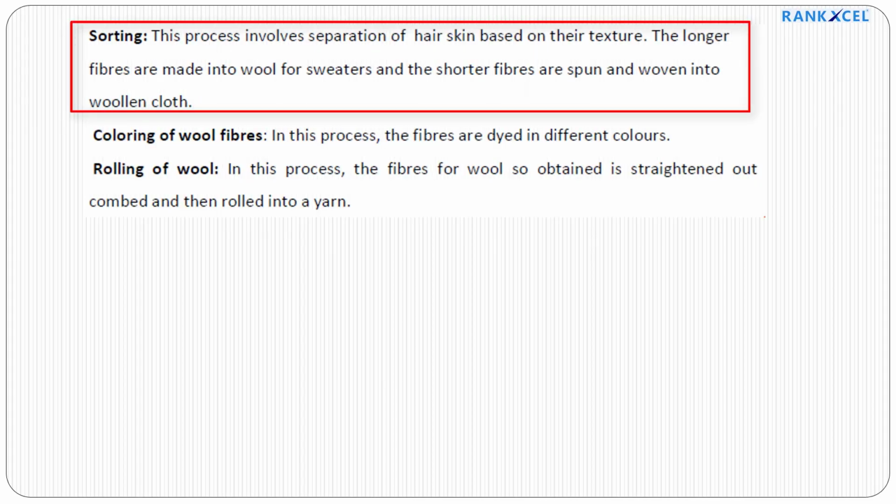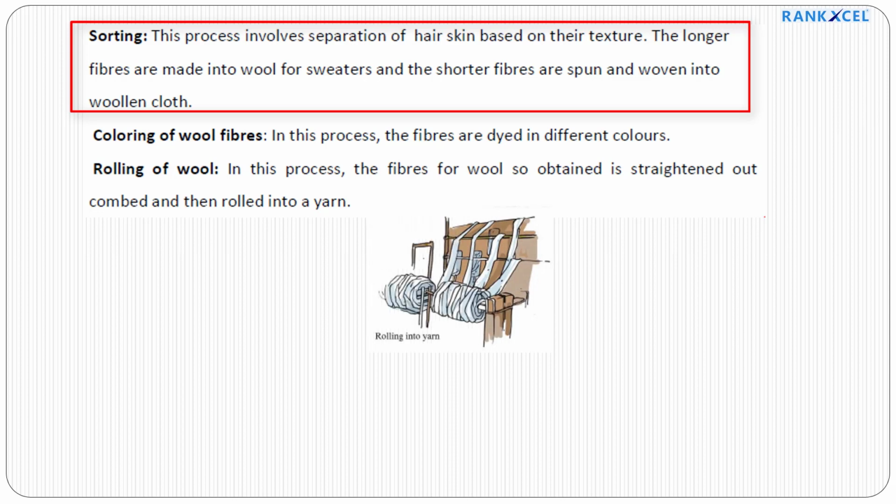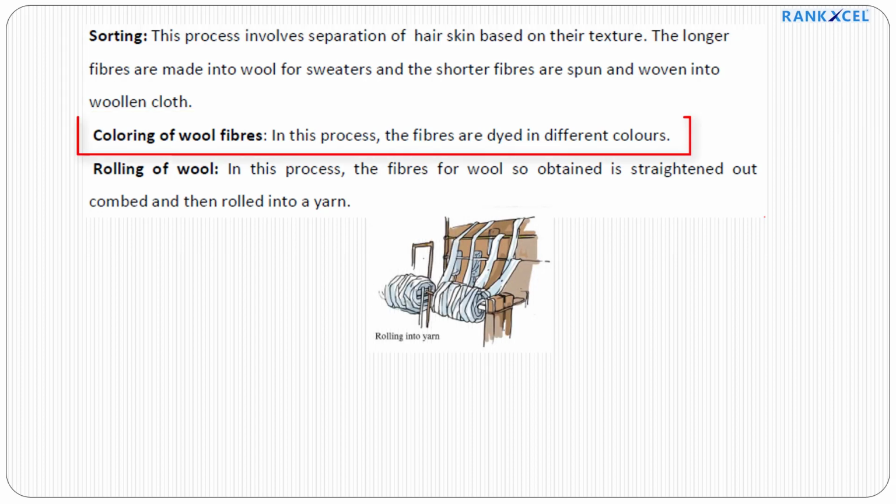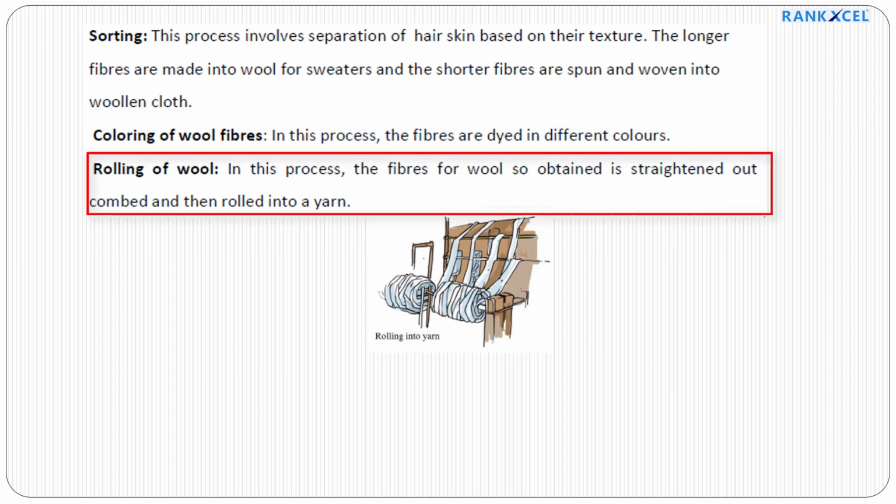Sorting. This process involves separation of hair based on their texture. The longer fibers are made into wool for sweaters, and the shorter fibers are spun and woven into woolen cloth. Coloring of wool fibers. In this process, the fibers are dyed in different colors. Rolling of wool. In this process, the fibers so obtained are straightened out, combed and then rolled into